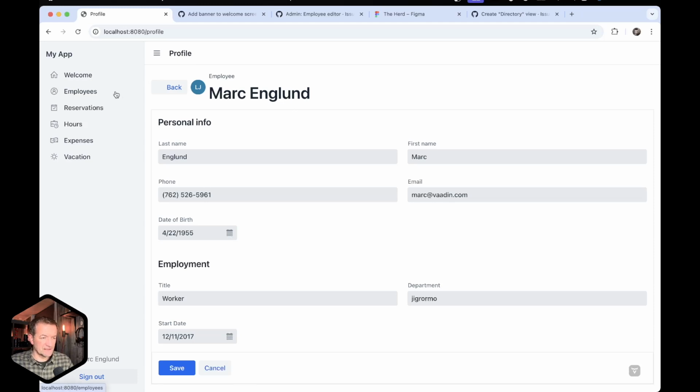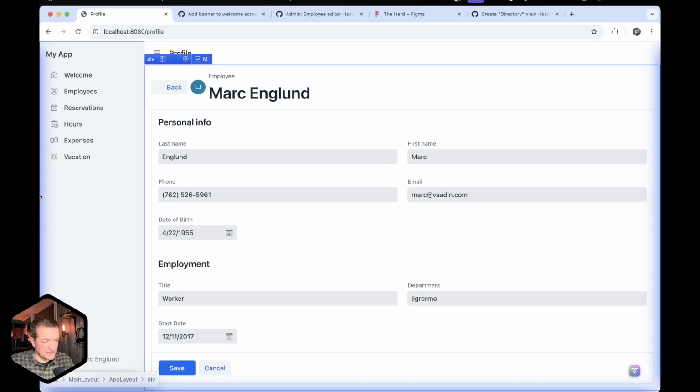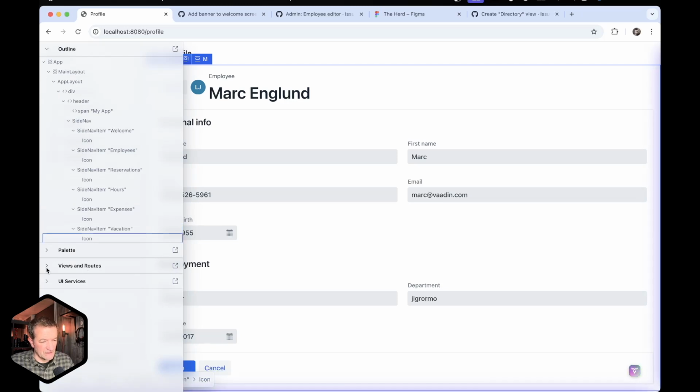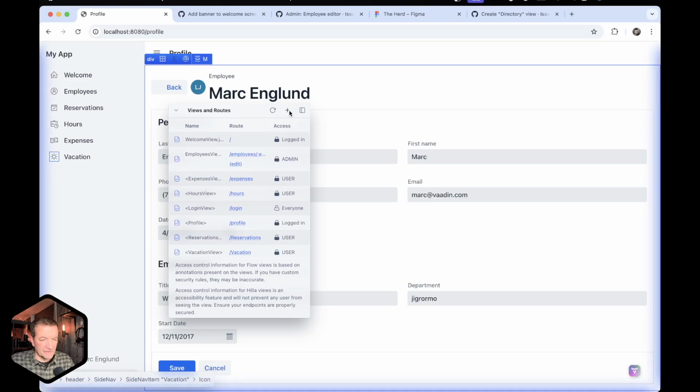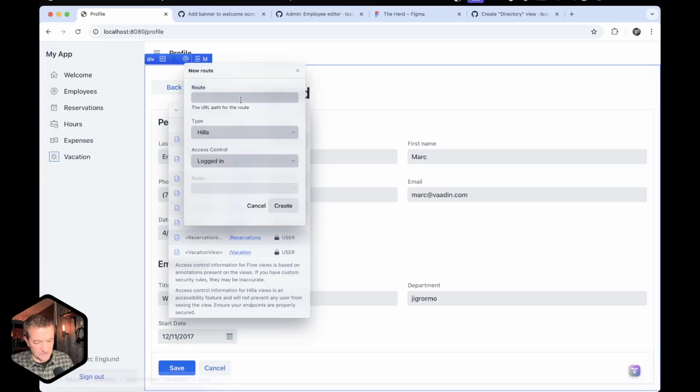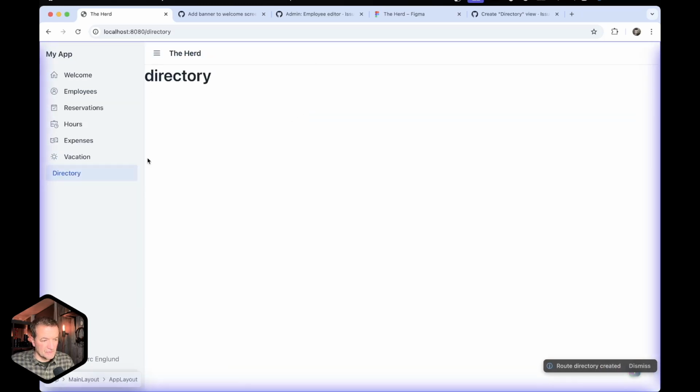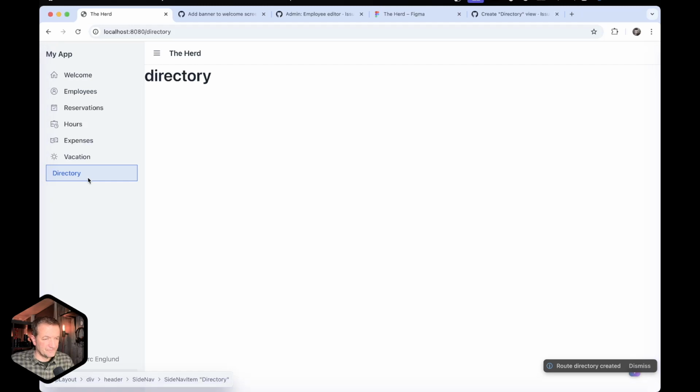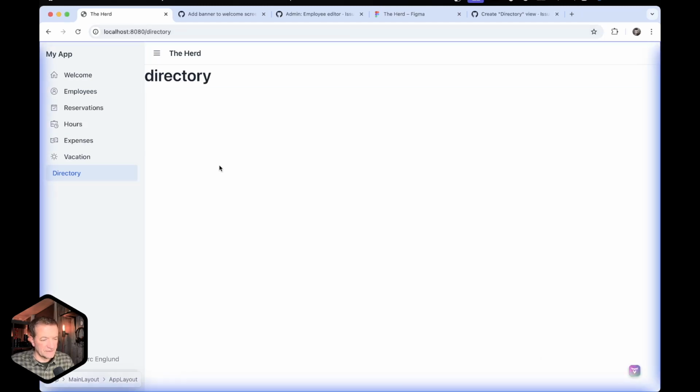And we can see that we don't really have a ready view for that. So the first thing I'm going to do is enable Copilot, go to views and routes. I can pop that out here. And what I'm going to do is add a new route. So directory, we're going to do a Hilla view, and that's fine. So now we have a new view here with its own little route, and we can start fleshing out that